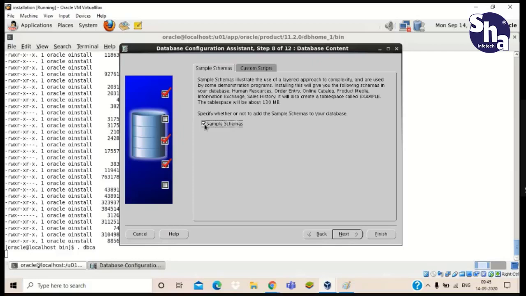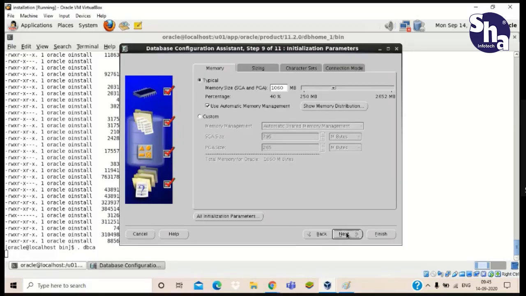These are basically previously created tables or ready-made tables that we will use as our rough work. So click on next. Again next. Nothing to change here.